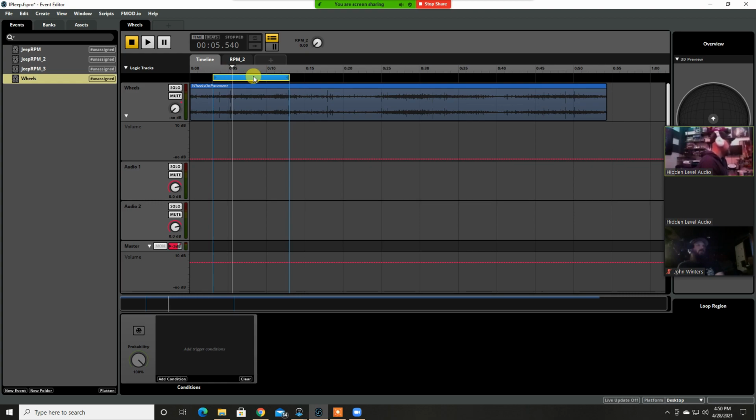This is the loop region that we set up. This is the whole loop track that we have here, but we selected this section. If we hit play right now, we can't hear anything because the RPMs aren't going up, but as you pull the RPMs up,